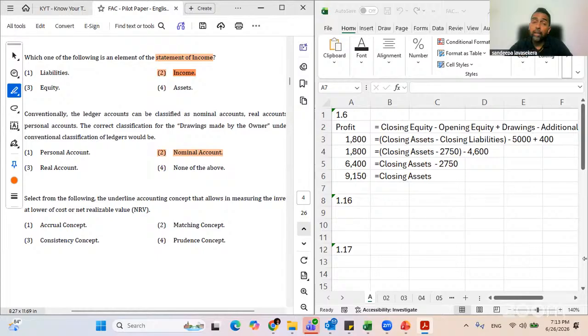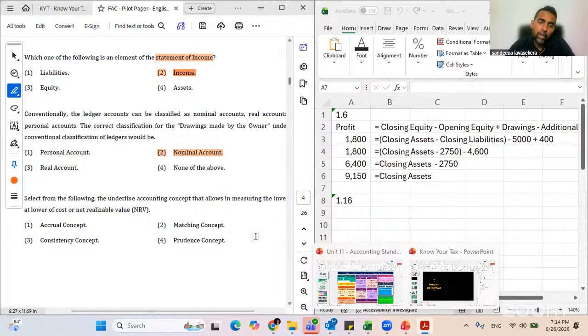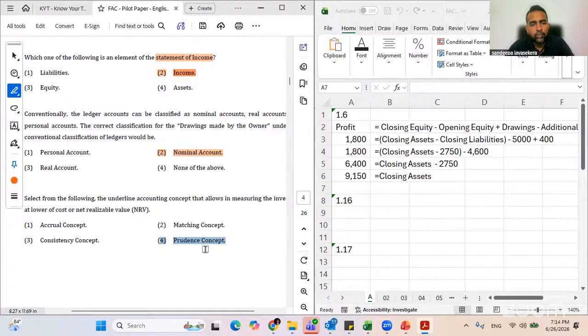Cost is the amount incurred. 3,000 NRV is the amount I'm expected to get. So, of these two values, 2,000 cost and 3,000 NRV, you have to keep it at the lower. Why? If you keep it at 3,000, you are recognizing a profit of 1,000 which has not been realized yet. You haven't sold the item yet, no? And the inventory will get overstated. You cannot manipulate the accounts. You cannot put the 2,000 worth of calculator at 3,000 and recognize the profit. Then you are manipulating because you haven't done the sale. So, the accounting concept which says do not manipulate is the prudence concept.